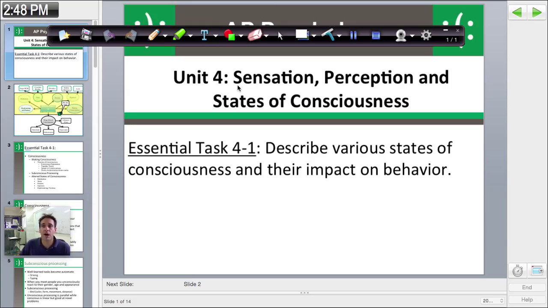And then the rest of the week, we will be looking at drugs. Consciousness has a lot to do with drug interactions on the body. So we'll look at the four major types of drugs and how these drugs affect us, and what they really do. So let's get started.